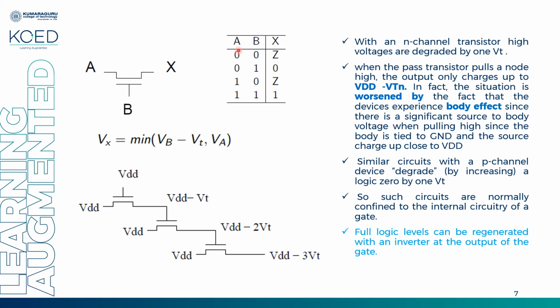And whenever I give an input 0 0 0 0 1 1 0 1 1, so what happens whenever I give a 0 here and 0 here? There is no path. The switch is off condition. So it is a high impedance state. Whenever there is no path, it is a high impedance state or floating state. So I have output as 0, 1 and Z. So it can act as a stray state also.